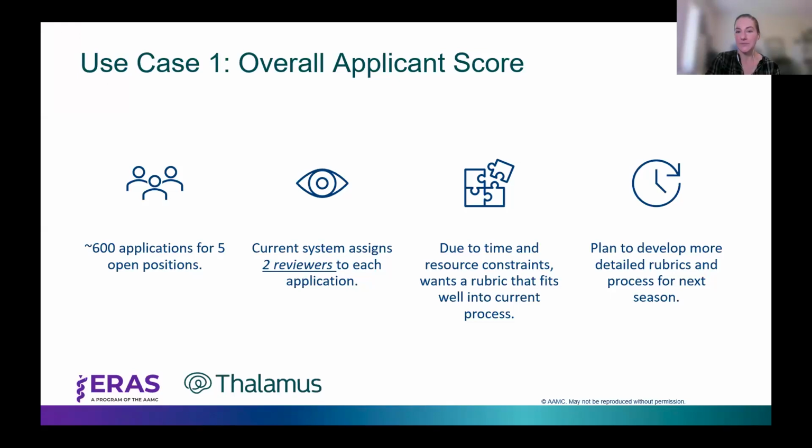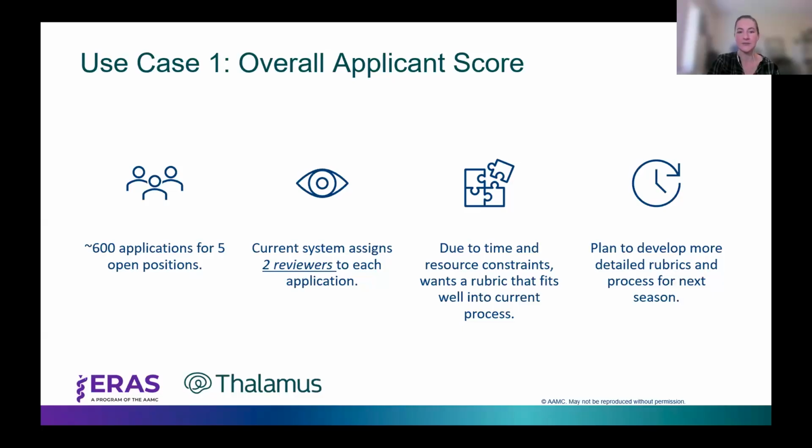So here's some background information on our first use case. This program receives about 600 applications a year for 5 open positions. The current system assigns 2 reviewers to each application. And due to their available time and resources, they want to use a rubric that they can easily integrate into their current process, even though they plan on developing some more detailed rubrics over the next year or so